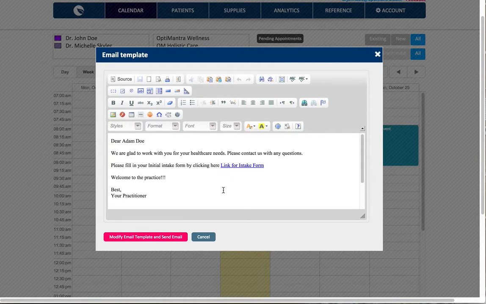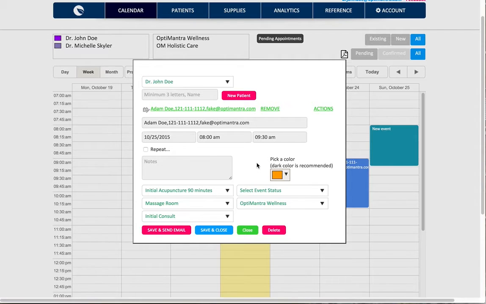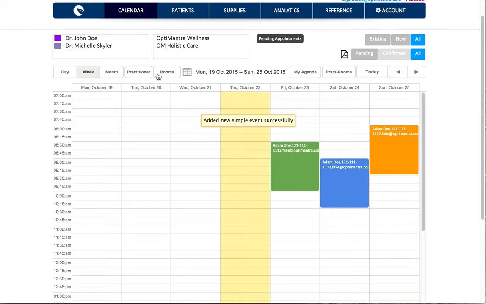Here you will also notice that we have a link for the intake form, and that will allow the patient to fill out the intake forms before they show up for the consult. Modify and send. Once the email goes out,